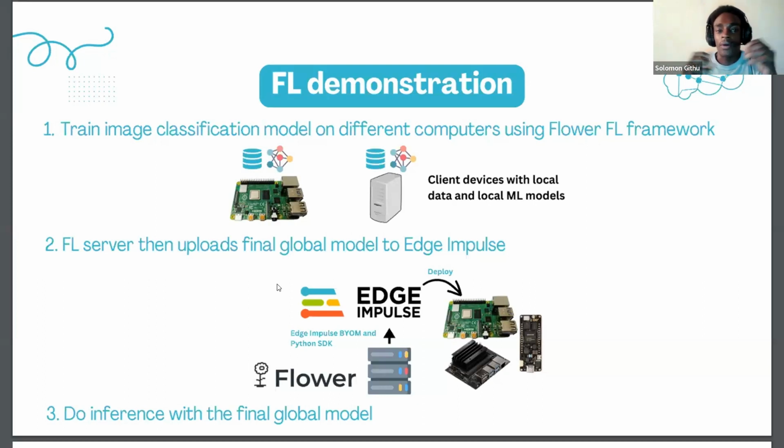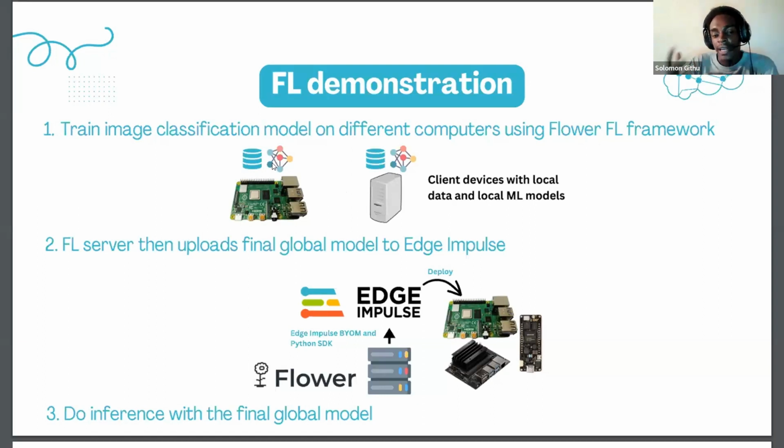So if you think about this system in a technical way, it's very complicated in terms of how you can actually do that. And this is actually why I loved Flower, because it's very flexible, it's very easy to use, and the tutorials out there are really helpful. So we'll have a Flower Federated Learning Server, and this server will facilitate training an image classification model both on the Raspberry Pi and on my PC.